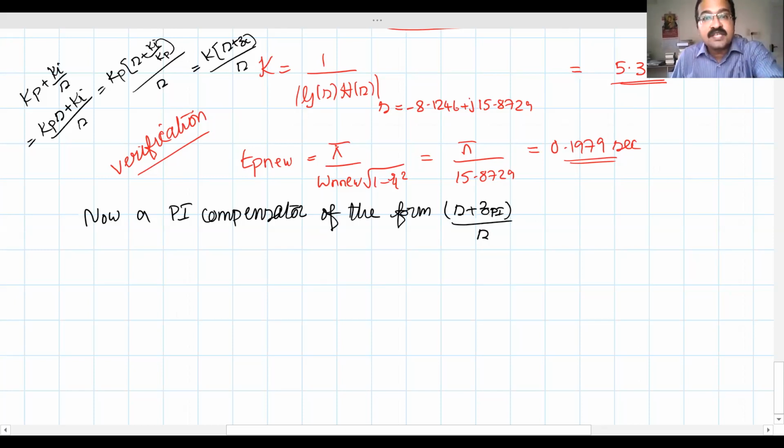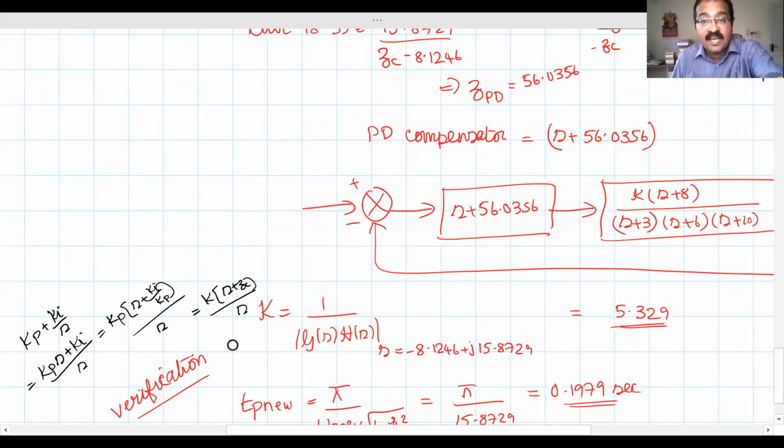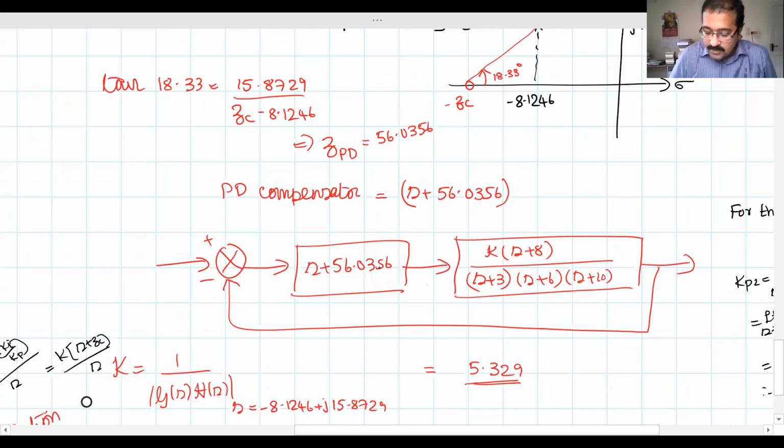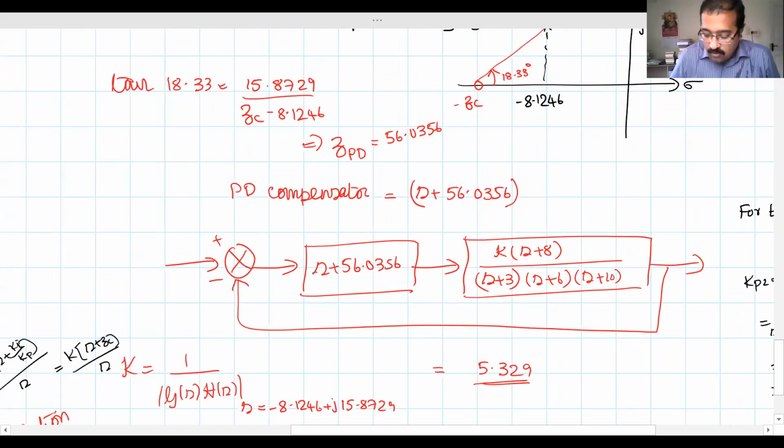Why? Because anyway, the compensator will be put in cascade with the given system. What's the figure? Like here. Okay, this is in cascade. So K being here or here doesn't make much difference. So I have clubbed the K of this compensator along with the plant gain K. So this K represents not only the plant gain K, but also the gain due to the compensator. That is understood.